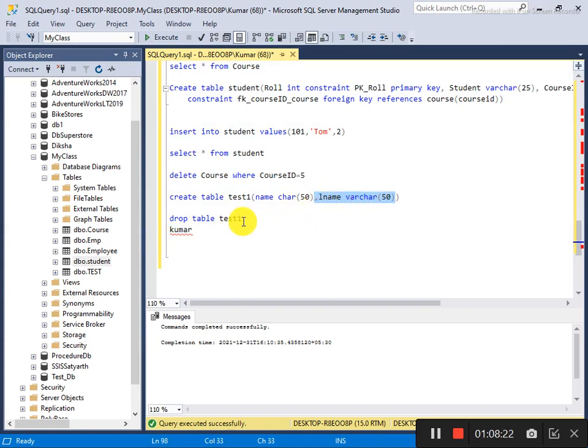It will take 5 characters for Kumar, and the remaining 45 stay free. So this is the basic concept of char and varchar. In code, most of the time you will see varchar.